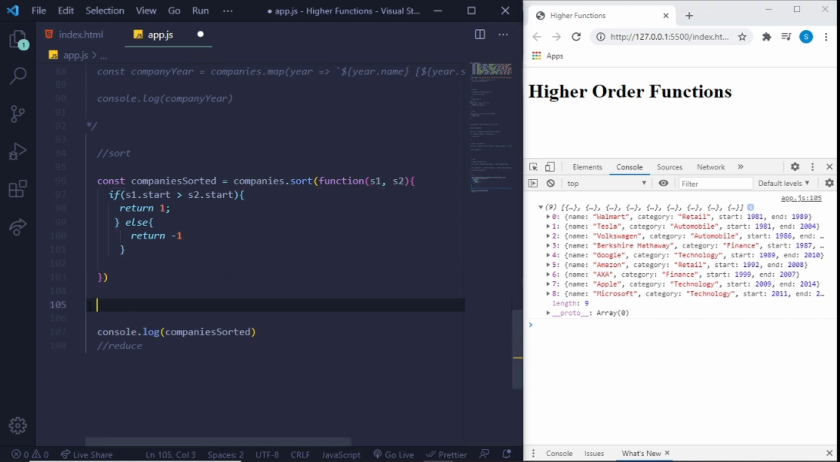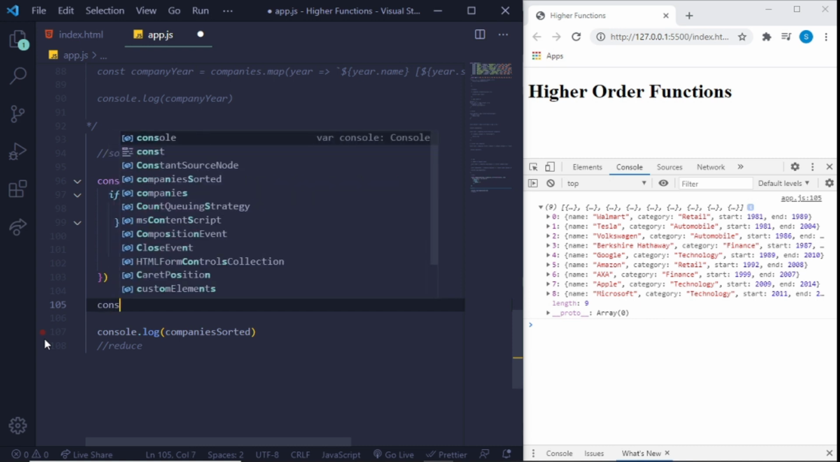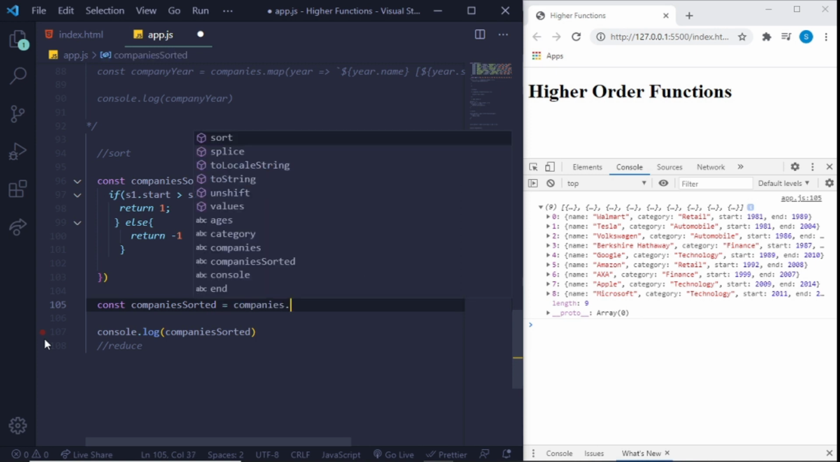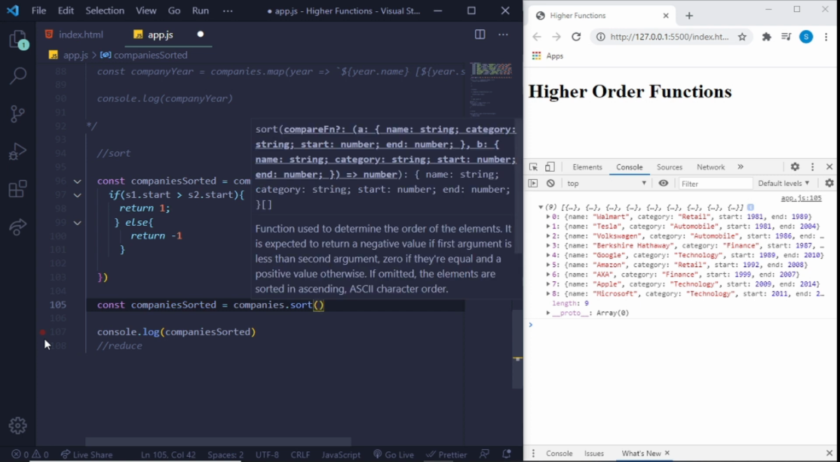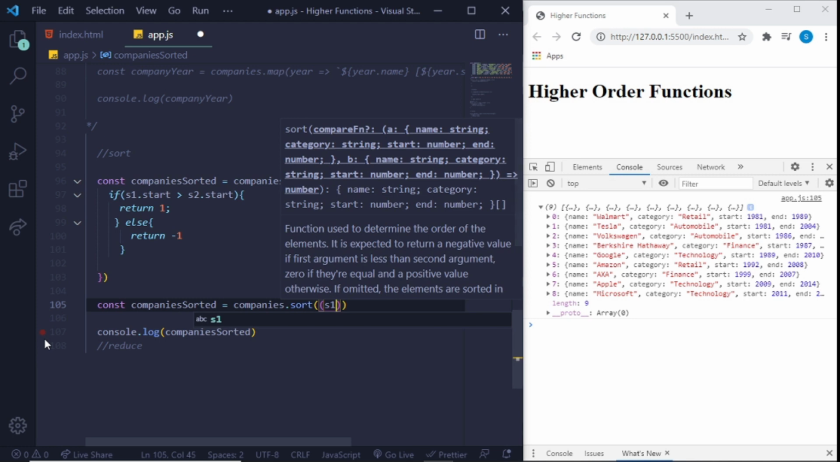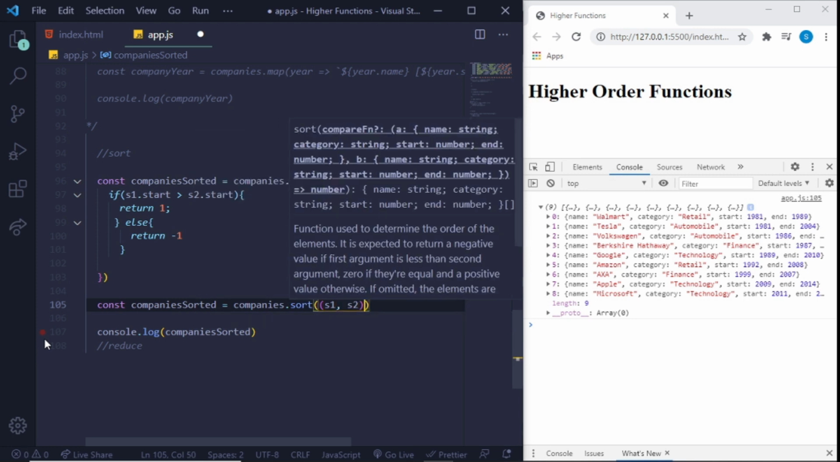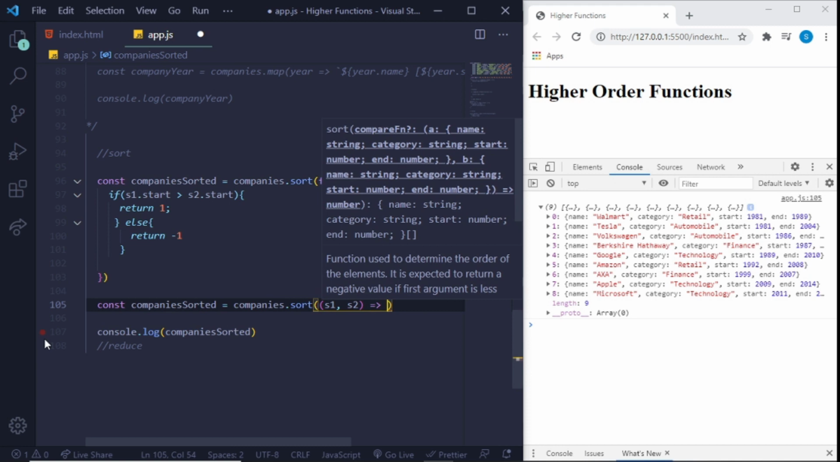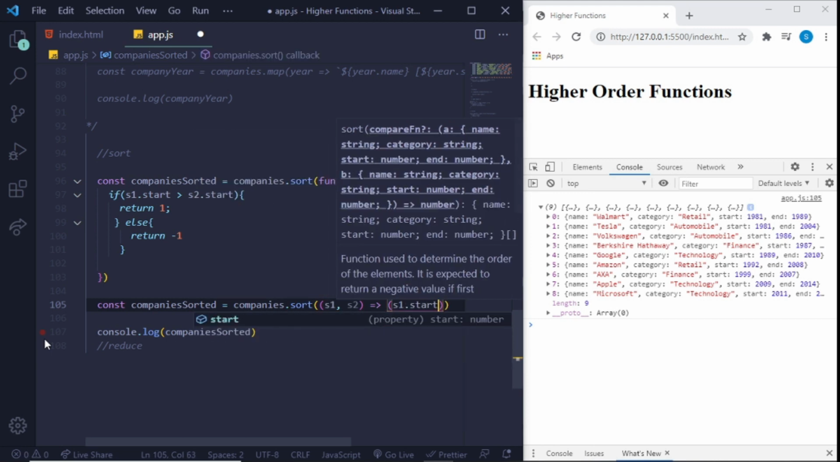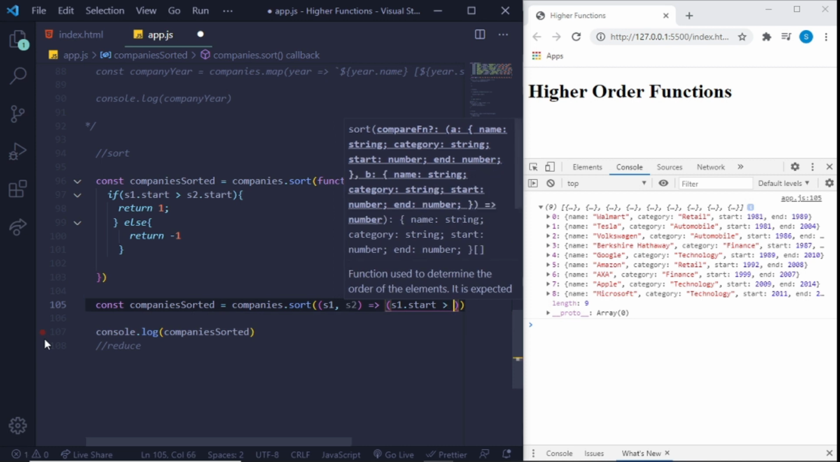Now let's do this in the other way, which is way shorter, with an ES6 arrow function. So we say const companiesSorted is equal to companies.sort. And since we have two arguments, we'll have another bracket inside. If we had only one, we wouldn't need this bracket. S1 and S2, and then our arrow. And after that, we have another bracket. We say S1.start is greater than S2